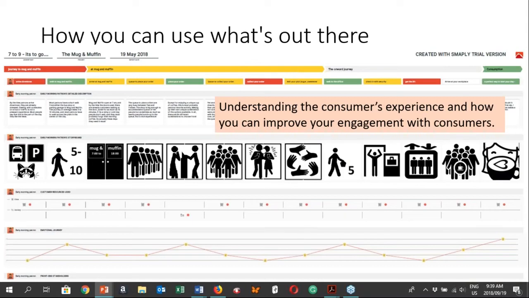Then another technique that's exceptionally helpful to use is not only to understand what customers want from us, so the outcomes they want to achieve, but also to understand the experience they have when they interact with us, either in the procurement of a product or a service, or the use of a product and a service.